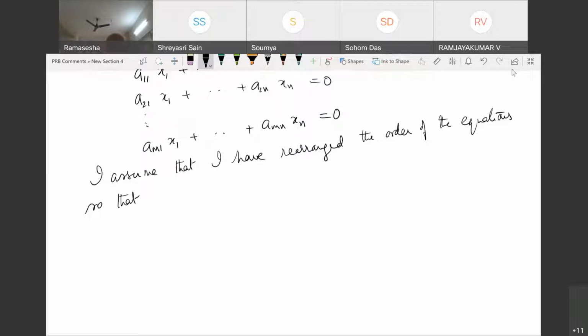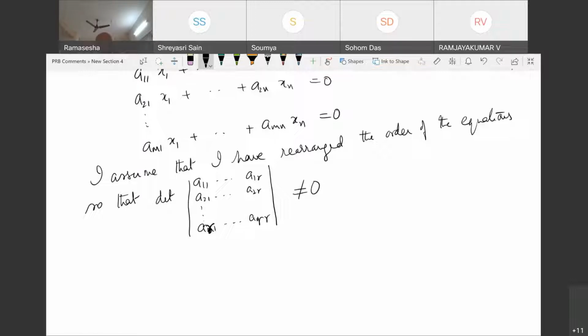So that the determinant of this is non-zero. That is, A11 to A1R, A21 to A2R, and AR1 to ARR is not equal to 0. That is, the R by R matrix that you can get as a submatrix of the first R equations of the M equations will be the rank of the matrix. Okay, and it will give me a non-zero determinant. Okay, is it clear?